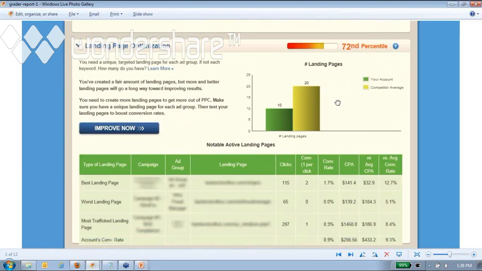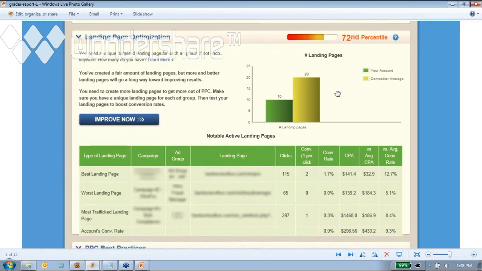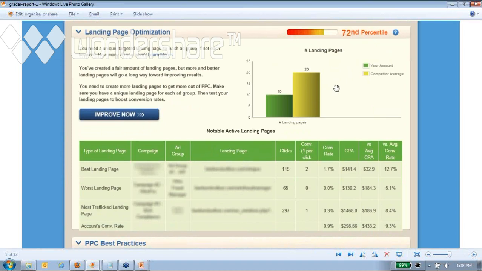And similarly, we talk a little bit about landing page optimization in the report. So, are you doing landing page optimization? Do you have multiple offers for different types of keyword searches? Obviously, it doesn't make sense to send all of your traffic to your home page or one offer page, and obviously two offers is better than one, but how much is enough? This particular advertiser has 10 landing pages or different offers